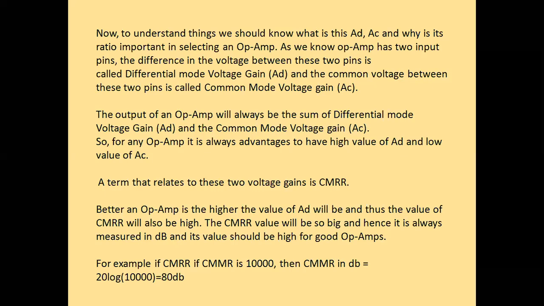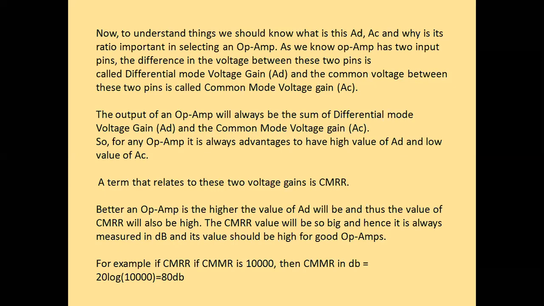What I told is, if we are applying two different signals to the two inputs, one kind of signal for the non-inverting and some other kind for the inverting, that means if we are applying DC voltages and the values are different, then that amplifier will produce an output which is called differential gain. But if we are applying the same voltage, for example 1 volt to the non-inverting and 1 volt to the inverting, then at the output we will get 0. What we have discussed in our earlier case. This type of configuration is called common mode.